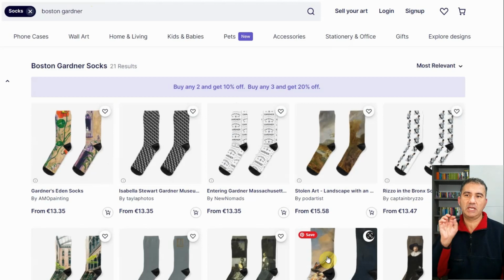Again, I'm going to put this in my potential design list, even though it's less than the 25, and see obviously if I can come up with something interesting for that. So again, that's just how you go about researching and coming up with interesting keyword phrases to actually